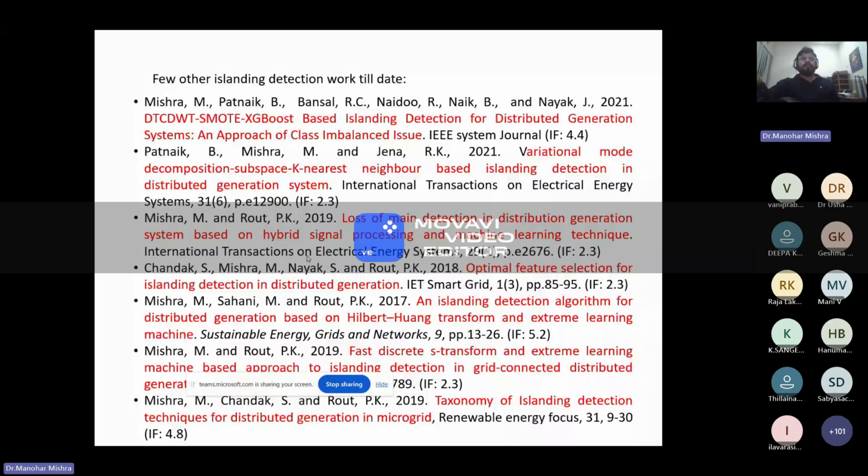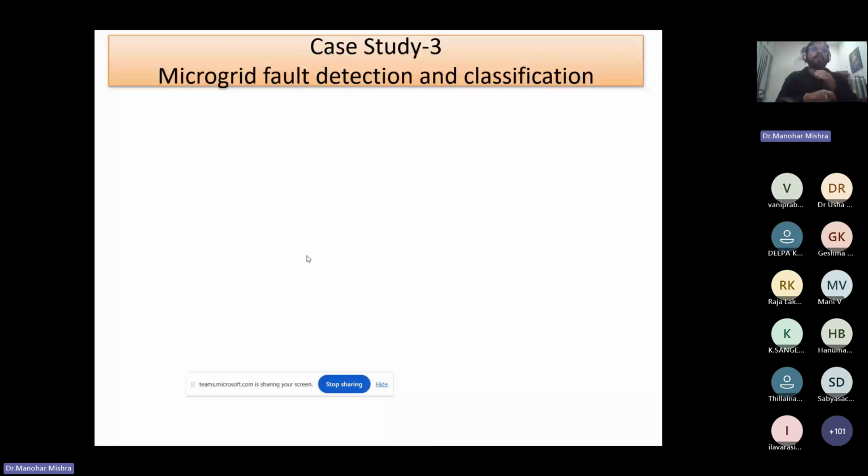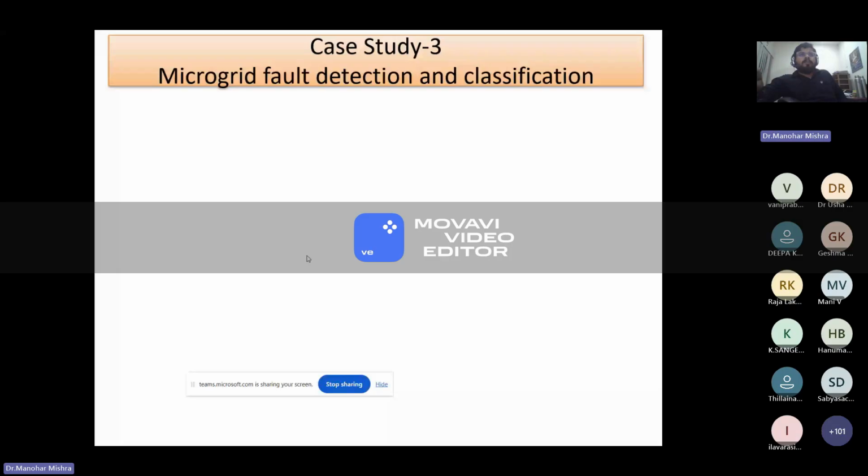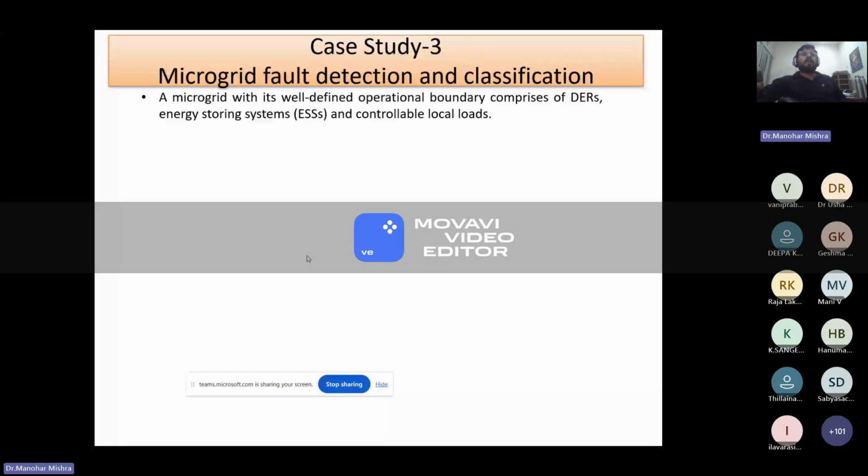Then another case, the third case study that I am going to explain, is the microgrid fault detection and classification that I have worked on. As we know, microgrid is what? Microgrid, with its well-defined operational boundary, comprises the